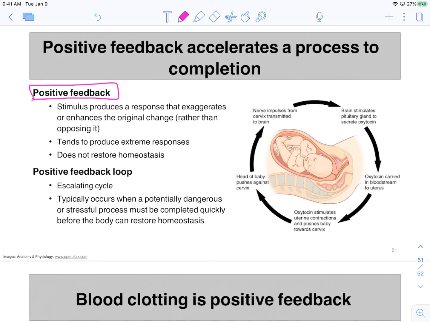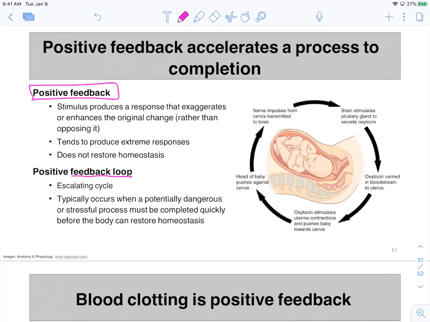Runaway trains are not about restoring homeostasis, just the opposite. The faster the train moves, the more homeostasis is lost. If these positive feedback processes were allowed to continue indefinitely, they would most absolutely lead to a pathology and perhaps even death. It would be a serious problem. We do have positive feedback mechanisms that occur naturally, and these are usually short-lived, relatively speaking, and they serve a purpose. One of the best examples of a positive feedback process, or we call it a feedback loop,